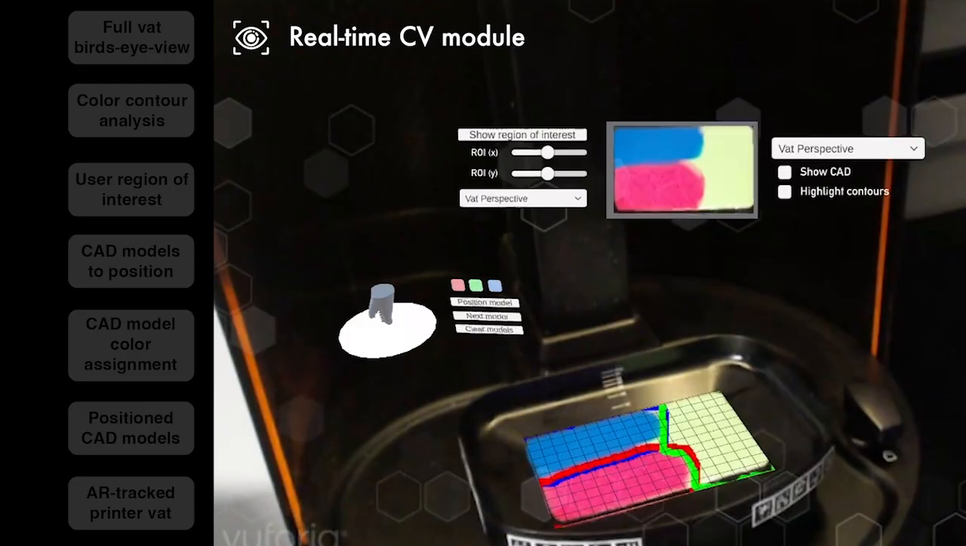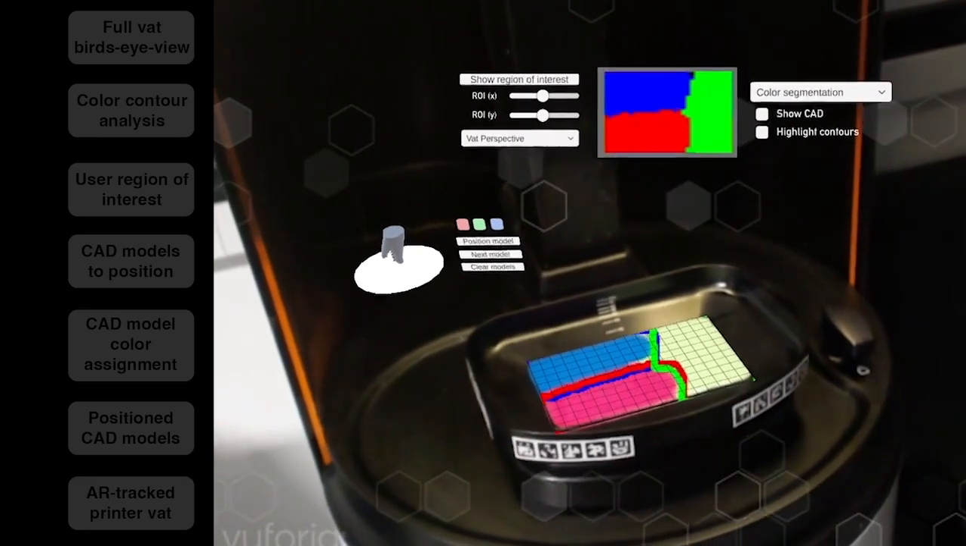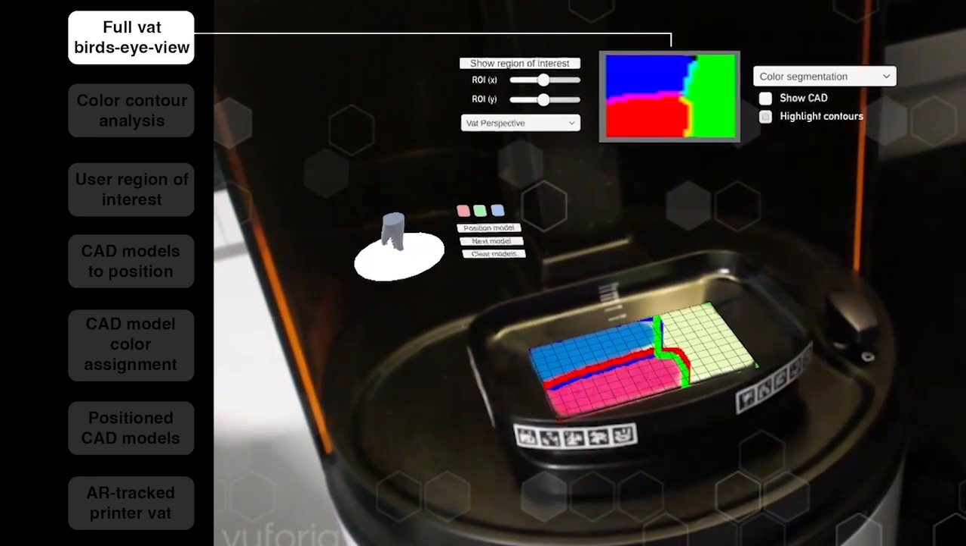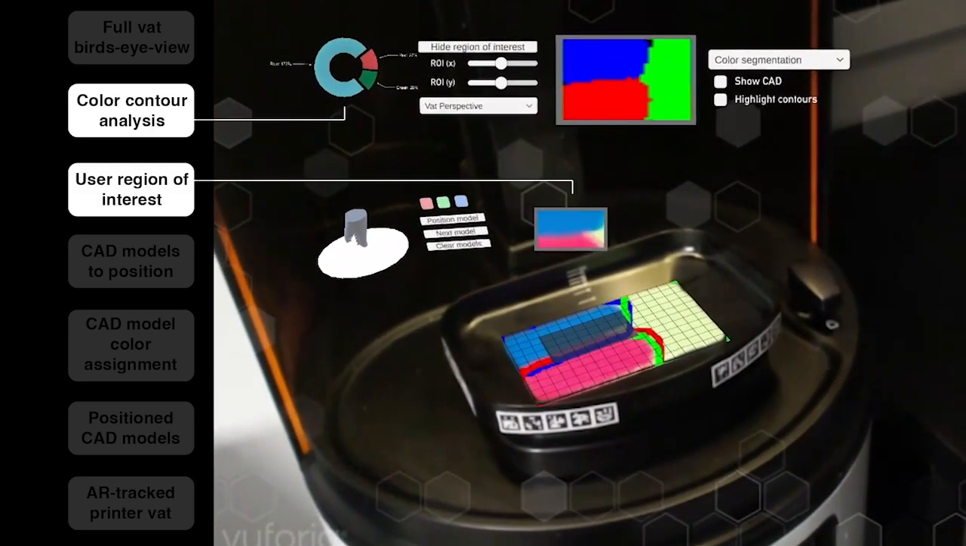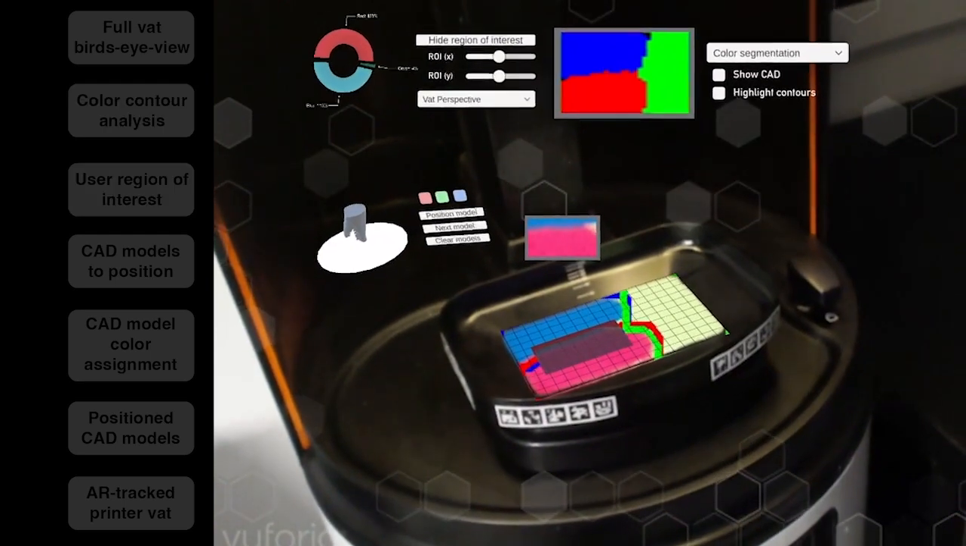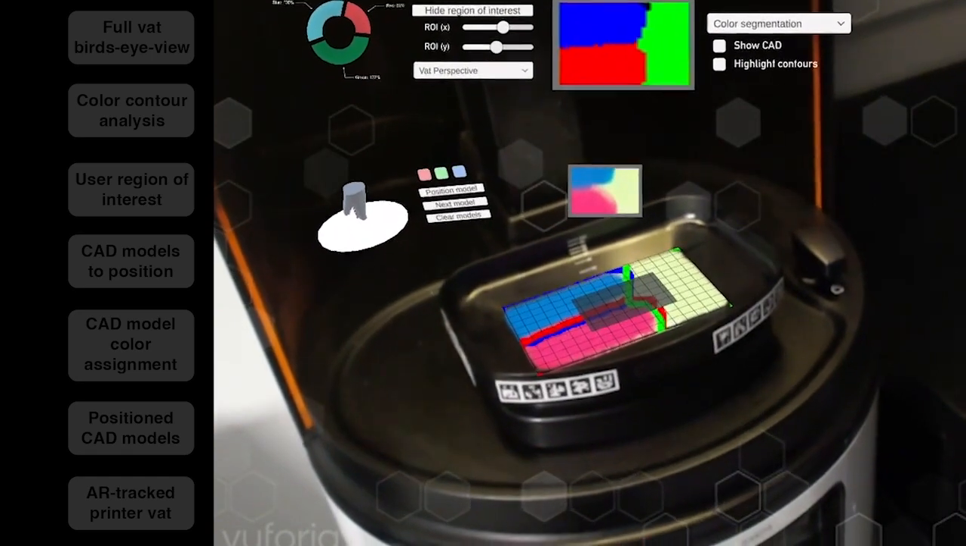Users can also leverage our real-time computer vision tracking module to more quickly analyze vat color distributions. After initiating tracking, the user can toggle a bird's eye view that extracts and visualizes color contours for the entire vat, or zoom in on 2D regions of interest to analyze their color composition, resizing and repositioning such windows to